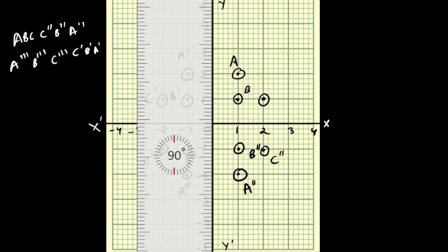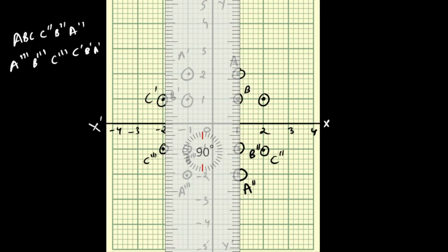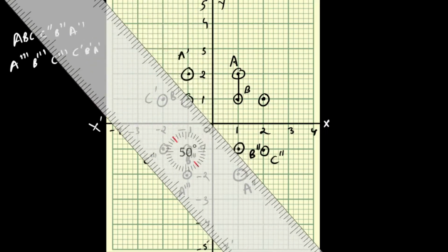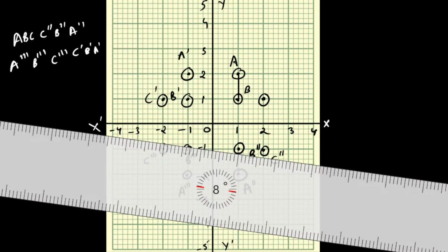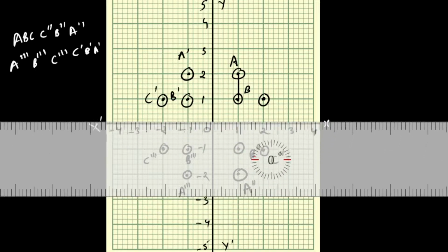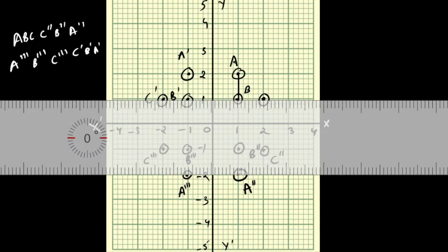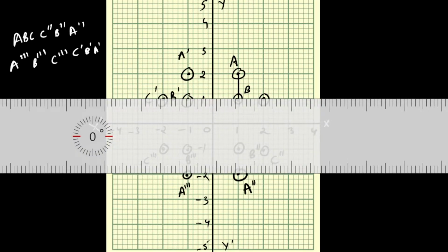So A with B first of all, because they have written A, B, C. So A with B we have to do. So A, B I have joined. Then they have mentioned C, B with C. So here C point is this. So B with C,